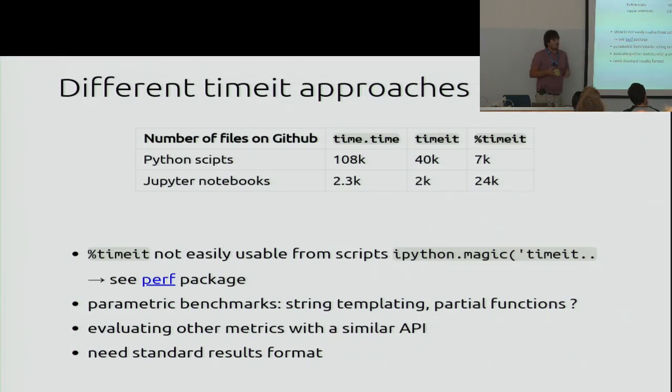So for instance, IPython prints the results to the standard output. That's not the way we usually analyze results, right? So in scientific Python, if you want to do something more systematic, we need to write something up more.